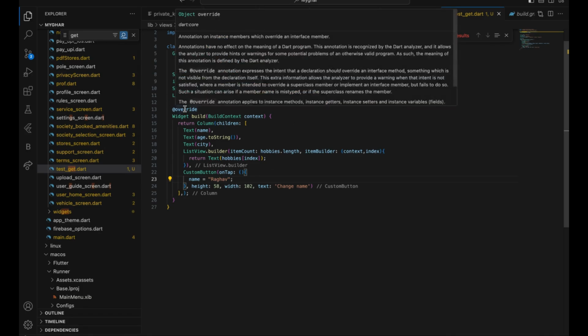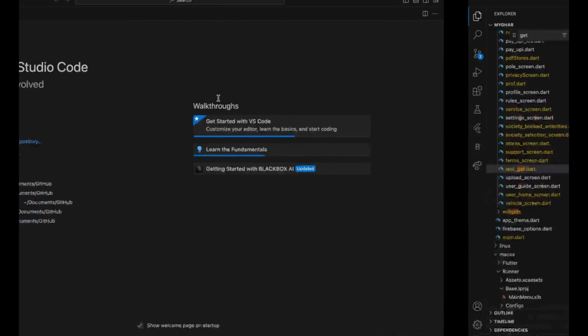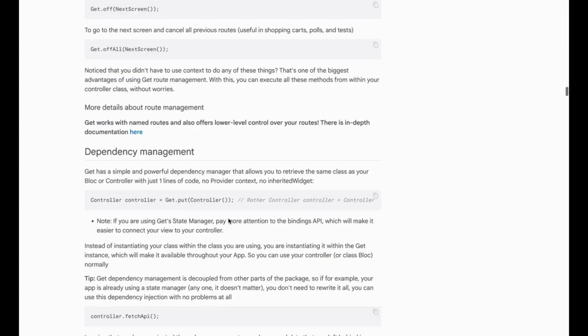But the widgets are different, something else. Even if the widgets are different, you can use the Obx and it will work on each and every screen over here. So basically what I can do is, if I can access this variable, I can just call it. Okay, so if I go back to this,